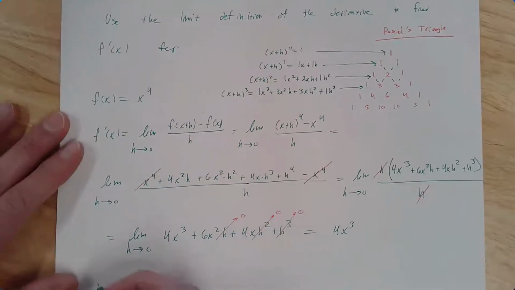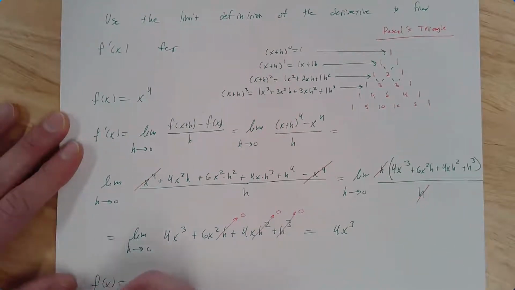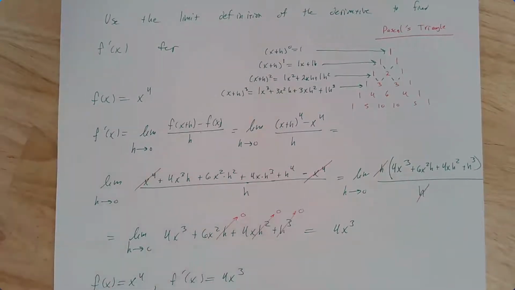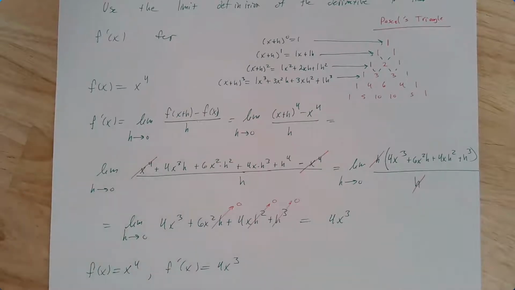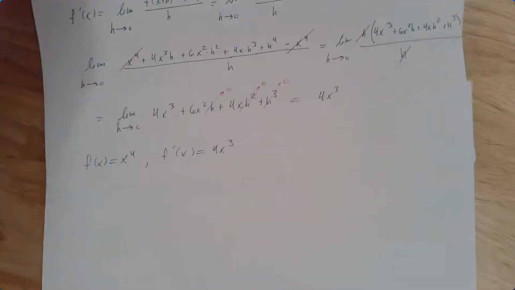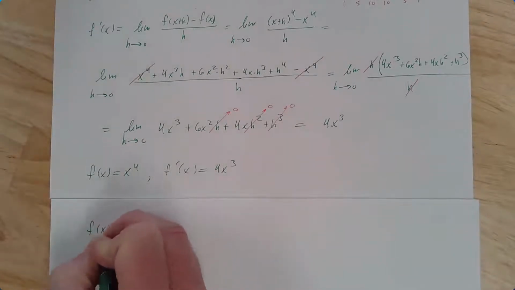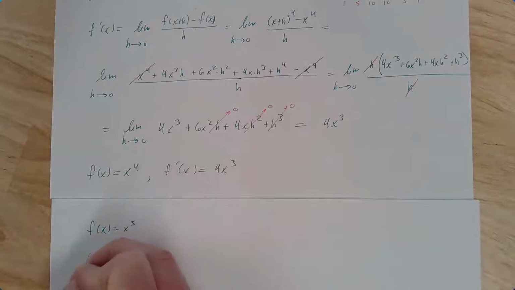So the derivative of x to the 4th is 4x cubed. And this would work for any power. So if we did it for, I don't really want to do it, but we could do it for the next one. If f of x was x to the 5th, our f prime of x is going to